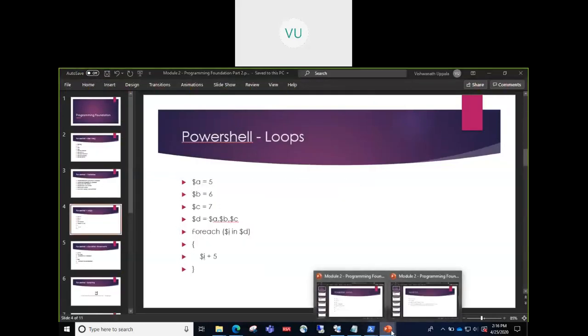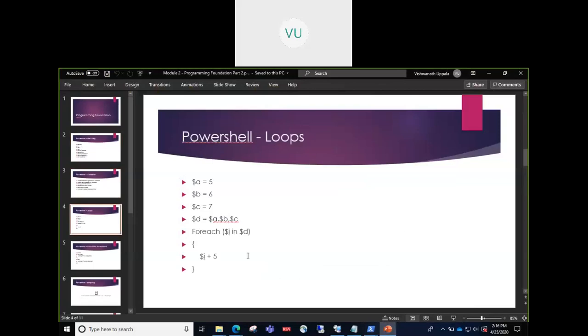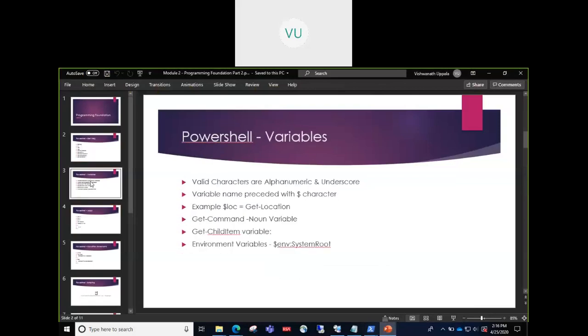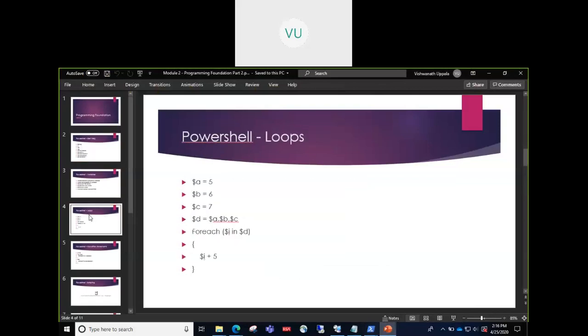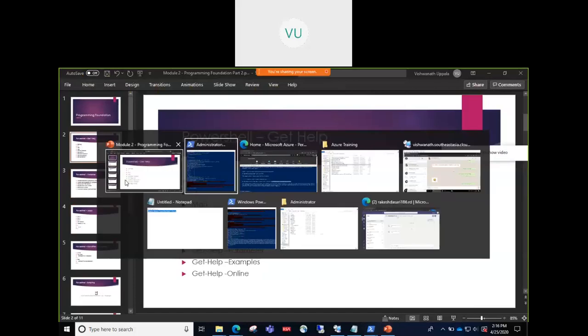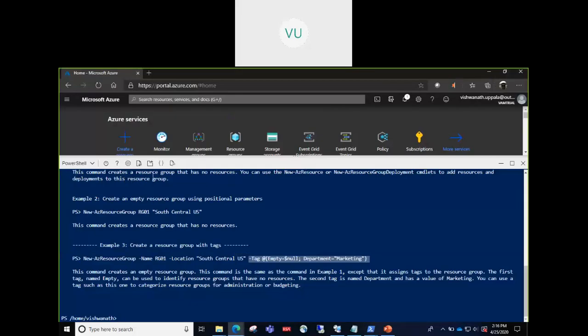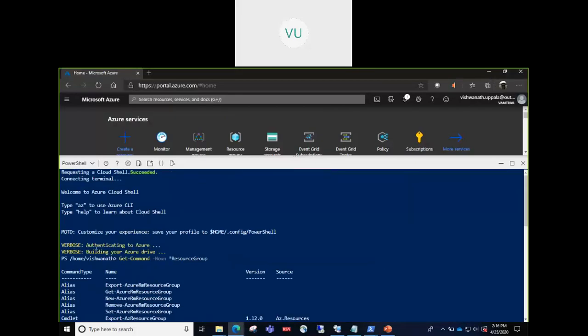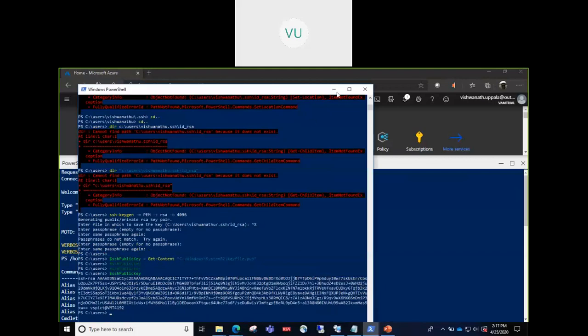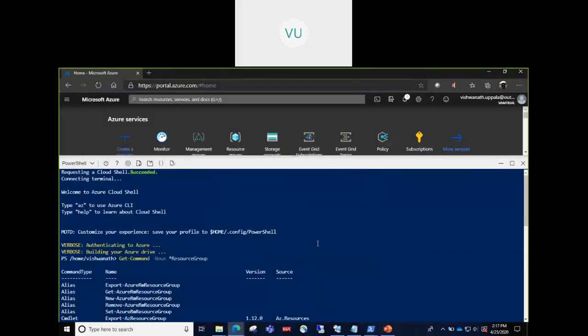Sorry, not here. Let me close this, one minute. We have to use a command called Connect-AzAccount. So that way it will ask you for credentials, and then you log in, and then the context how it is set up today in Cloud Shell, the same context will be set up in your local Windows PowerShell as well. So this is all recorded in a session for Srikanth and Hali.